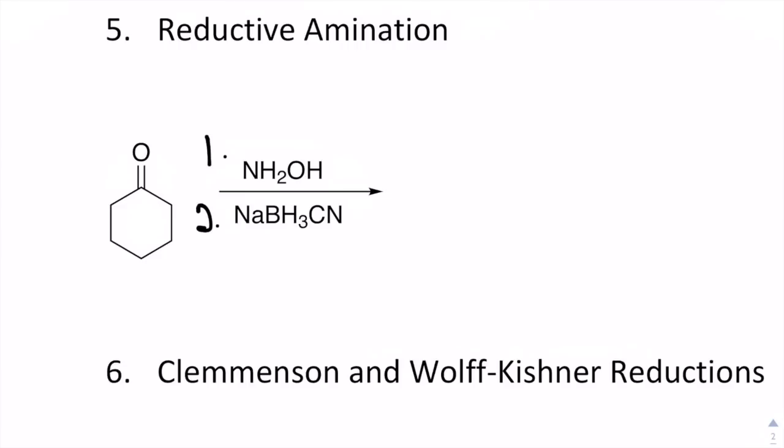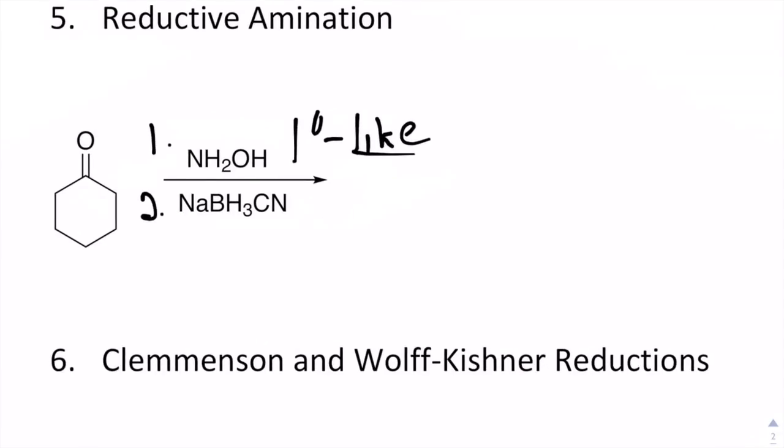So we use this NH2OH nucleophile. It's a nitrogen-based nucleophile, and more specifically, it's going to be classified as a primary like. By like, I mean it's not just a nitrogen-based nucleophile, there is an oxygen in there, so it's going to react as if it was a primary nitrogen-based nucleophile. So we're expecting an imine product. So the product of step 1 would be this cyclohexane with an imine functional group, and we have the OH